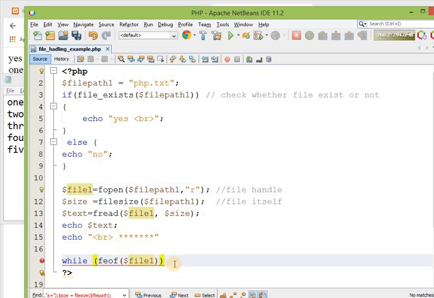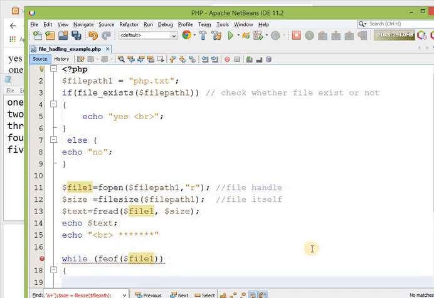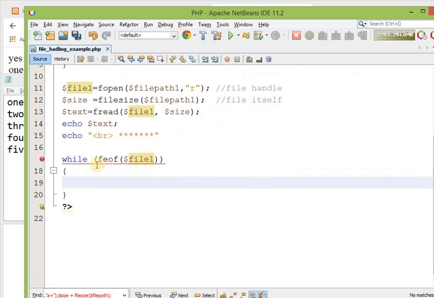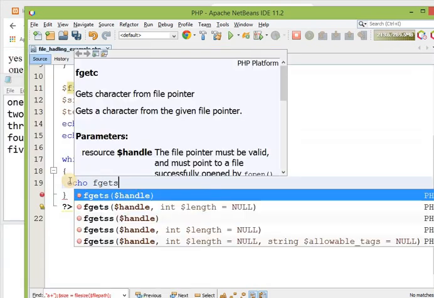Now inside this while loop, I just need to echo fgets.